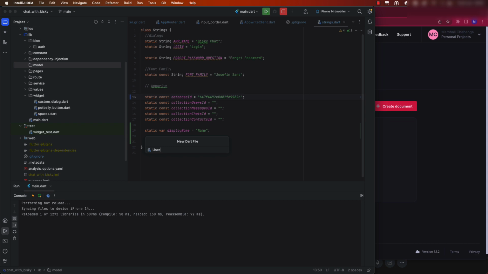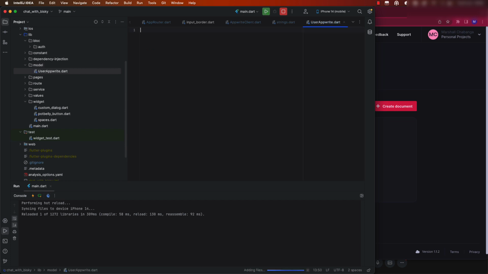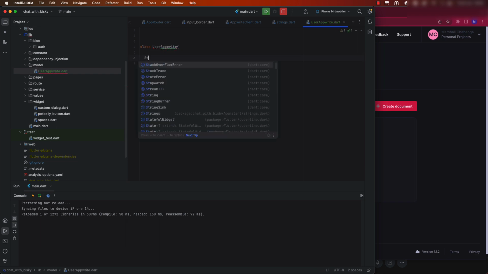Just call it a custom user upright. Then class user upright, and it has fields